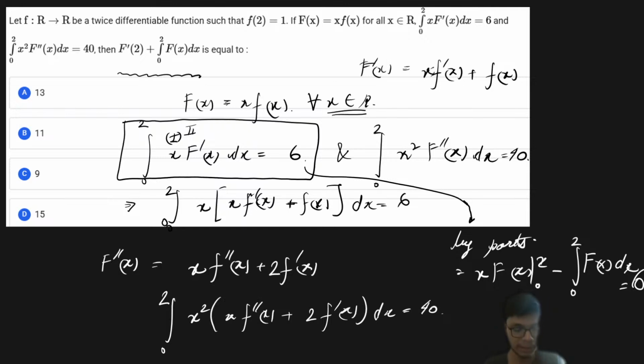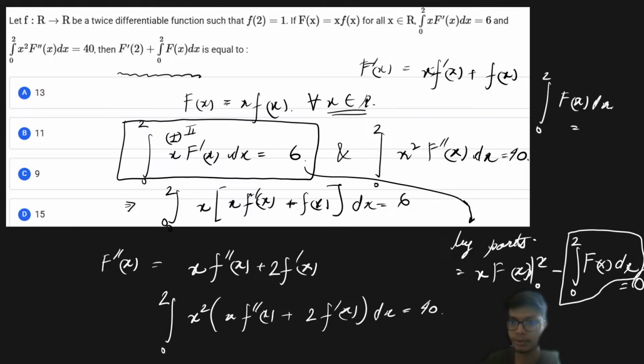So this is clear. Now if you put in the limits and solve for it, we are going to get that the integration from 0 to 2 of capital F of x dx is going to come out as